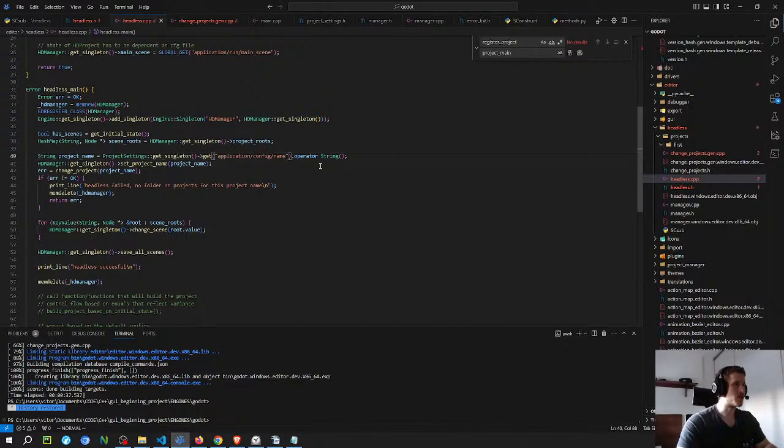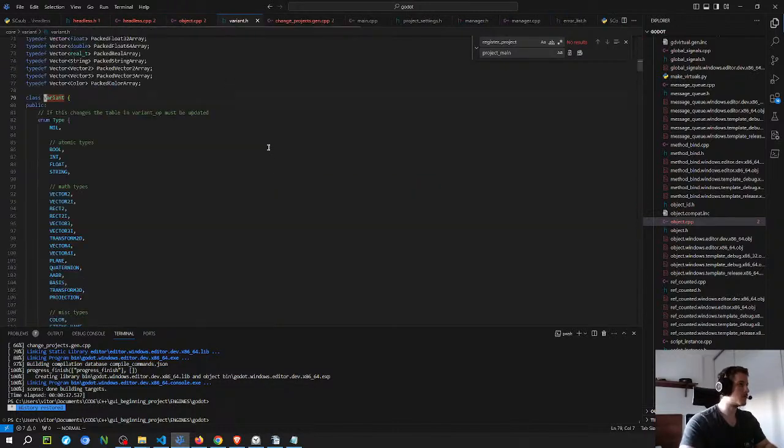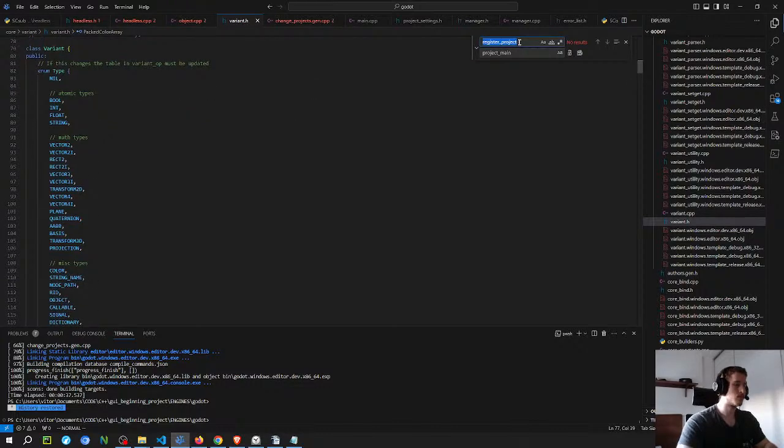So this is just going to get the string from the settings and it's going to convert based on this. So this returns a variant probably. Yeah, the variant. And then the operator on probably a member variable inside of the variant is going to be